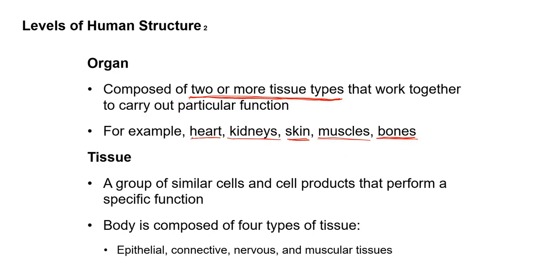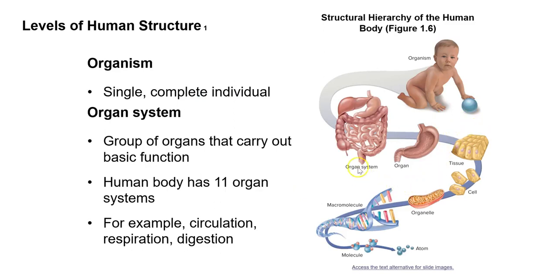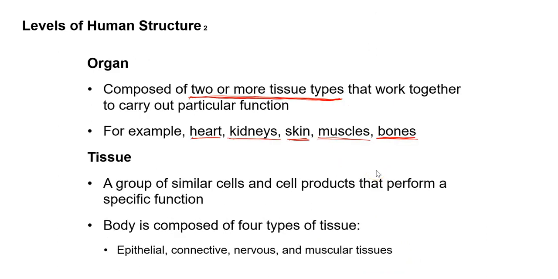So if we go back to our original picture that we were looking at, you can see that if we think about something like the organ of the heart, that organ is going to be part of an organ system that we know as the cardiovascular system. Different tissues are used to make up an organ. A tissue is a group of cells and some products of the cells that work together to accomplish an important specific function. We will learn the four major tissue types in the body: